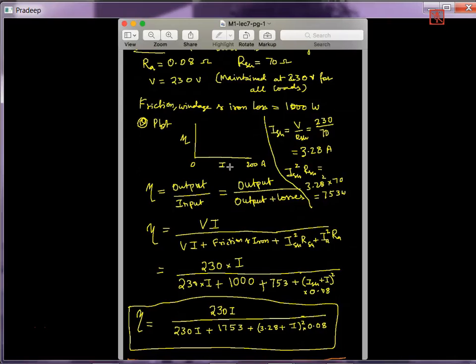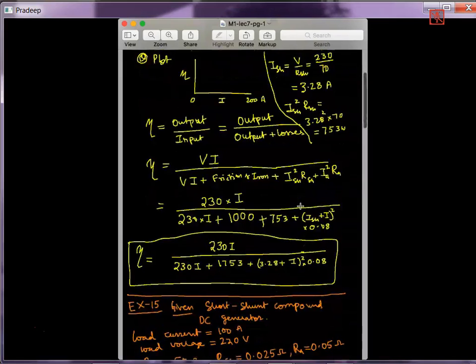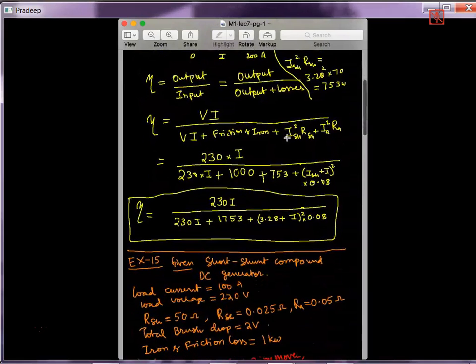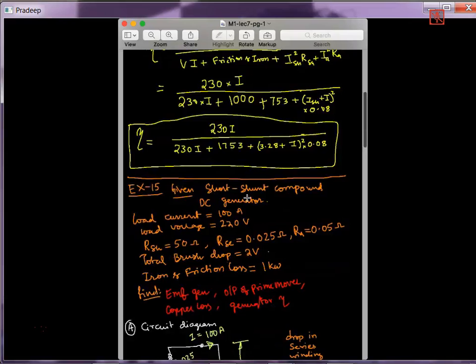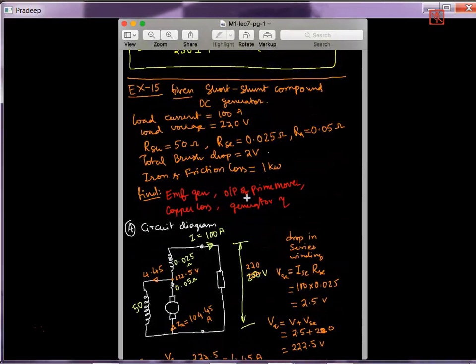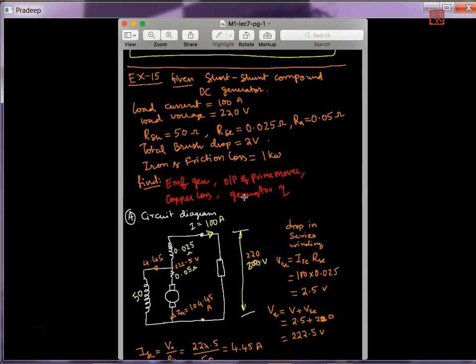Then I have just written efficiency is output by input, so output by output plus losses. Then after substituting, I get this expression, 230I by 230I plus this one, and we formed a plot for this. Then another problem we looked at in the last class was about again the losses in a DC generator,